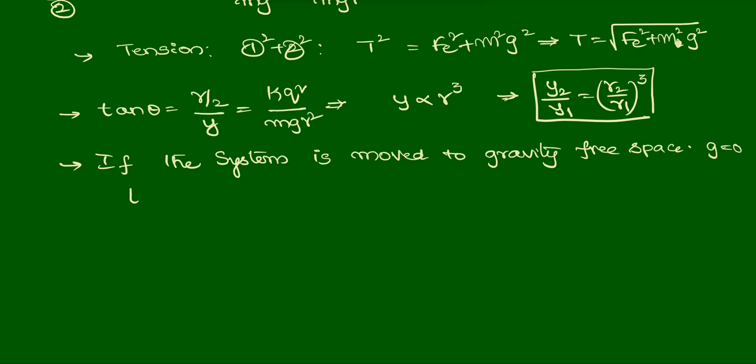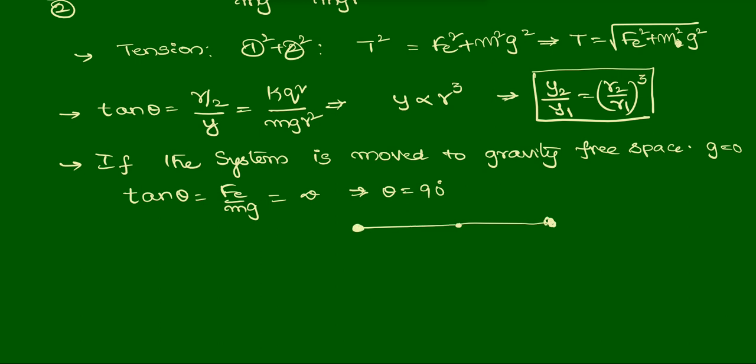If g is 0, tan theta, which is Fe by mg, becomes infinity. That is possible only when theta is 90 degrees. That means the two strings become perfectly horizontal,